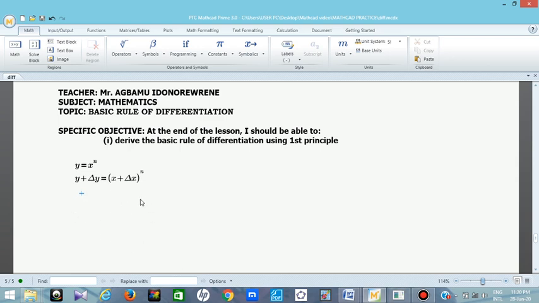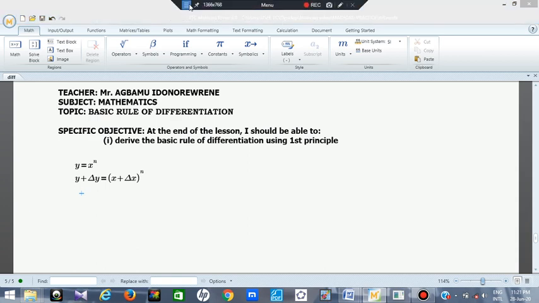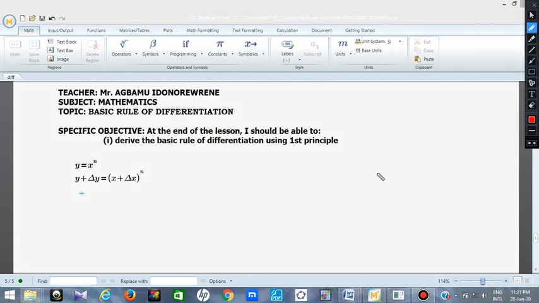Then what next? The next thing is we need to expand this bracket. But if you look at the expression here, n is the power. We don't know the value of n. So the only thing that can help us in this expansion is our knowledge of binomial expansion. That is the only way we can expand this. Let me just recall our binomial expansion in case you have forgotten it. When you have to expand a function like x plus delta x raised to power n,